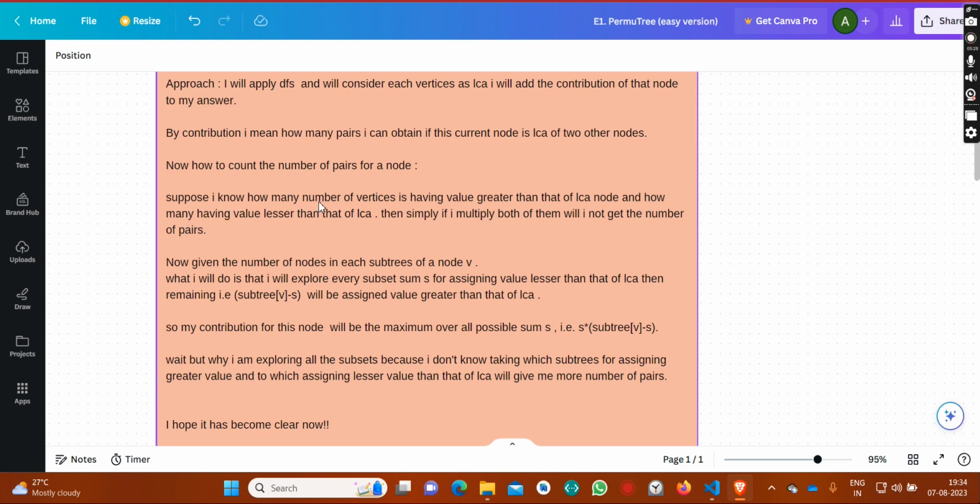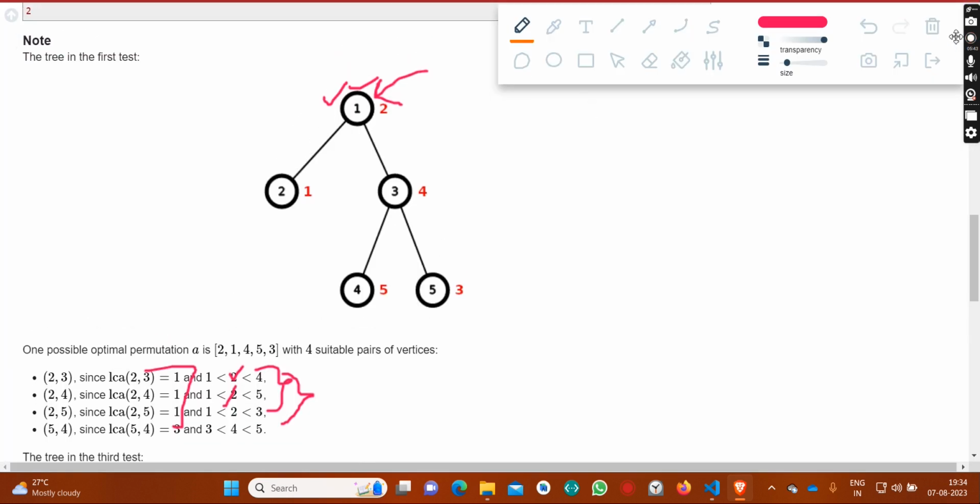Suppose I know how many vertices have value greater than that of the LCA node and how many have value lesser than that of the LCA. Then simply, if I multiply both of them, I will get the number of pairs. So what I am saying is that